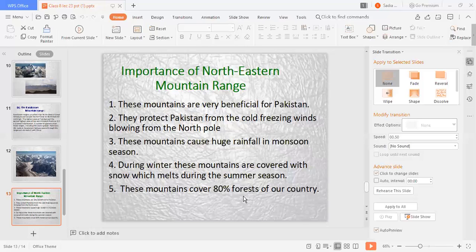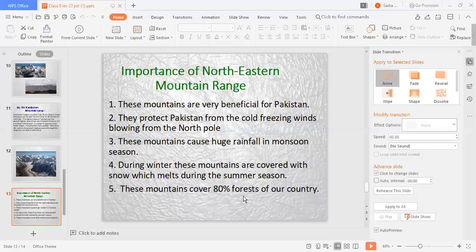यानी हमारे मुल्क का जो 80% है फॉरेस्ट का, फॉरेस्ट वो इन्हीं माउंटेन्स पर मिलता है। 80% हमारे मुल्क का जो फॉरेस्ट है वो इन्हीं माउंटेन्स में है, इन्हीं नॉर्थ ईस्टर्न माउंटेन्स में है। So these are some of the most important benefits of the northeastern mountain ranges. Because of this, these ranges are very important, and I want to recall these